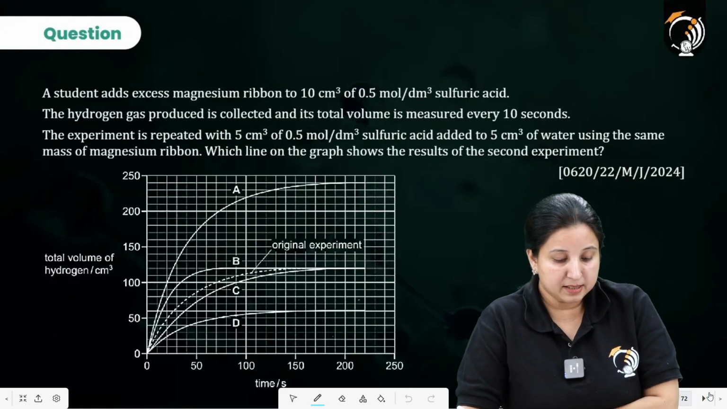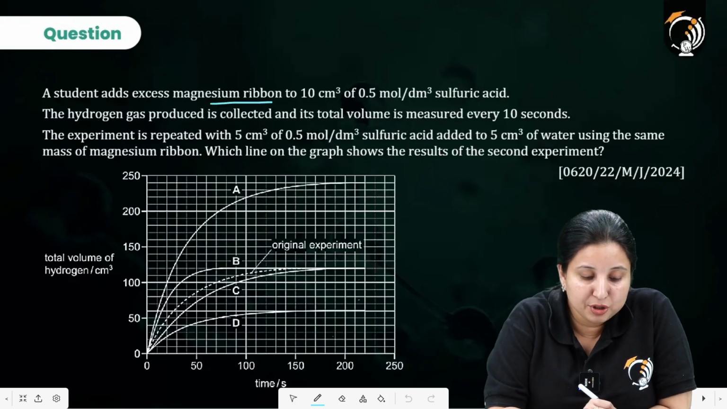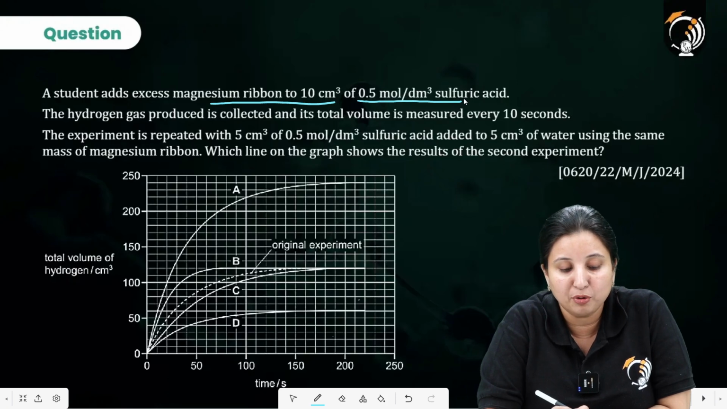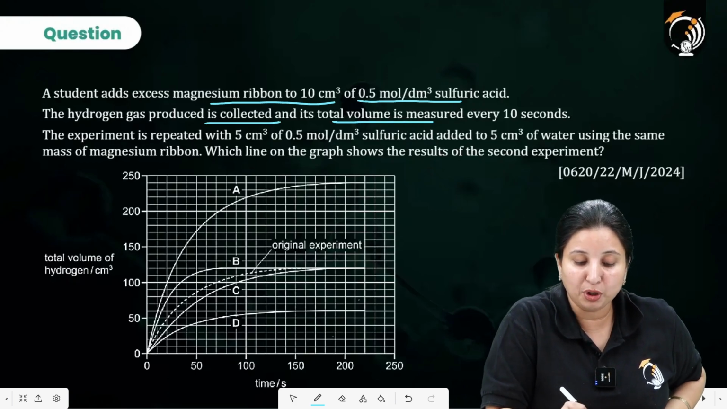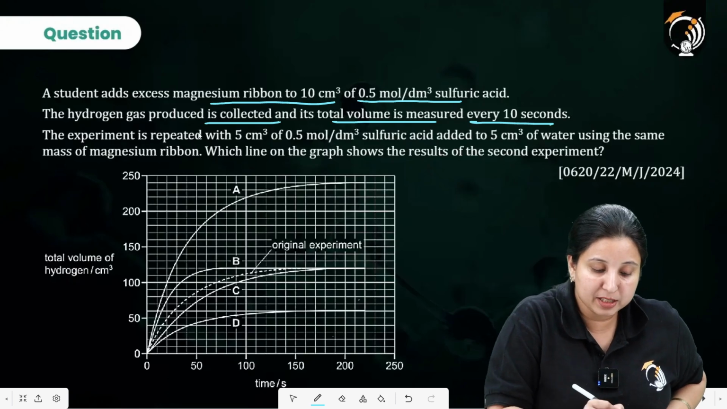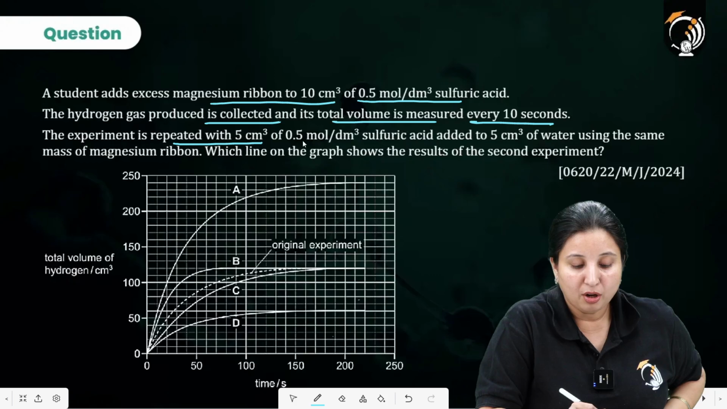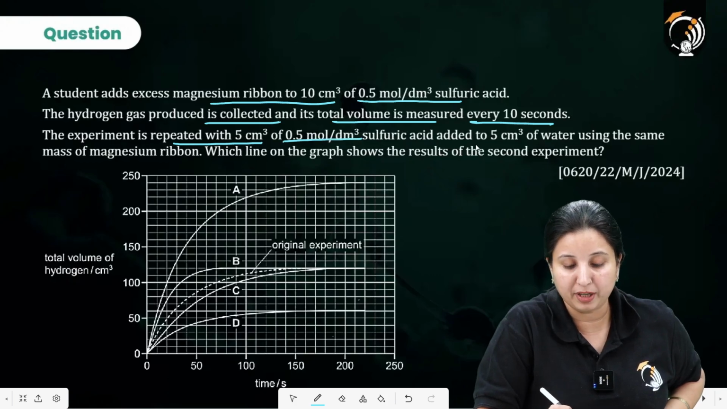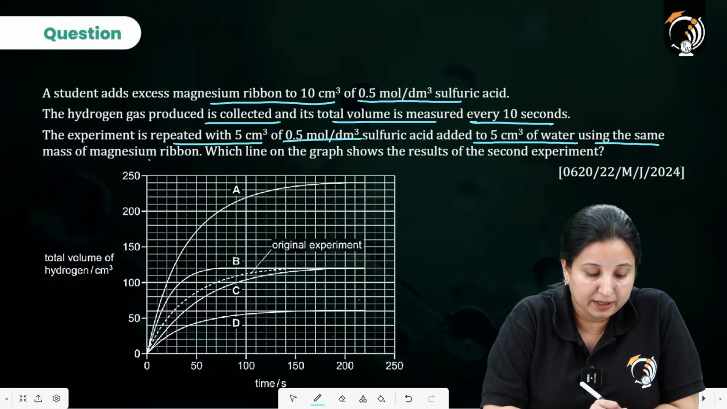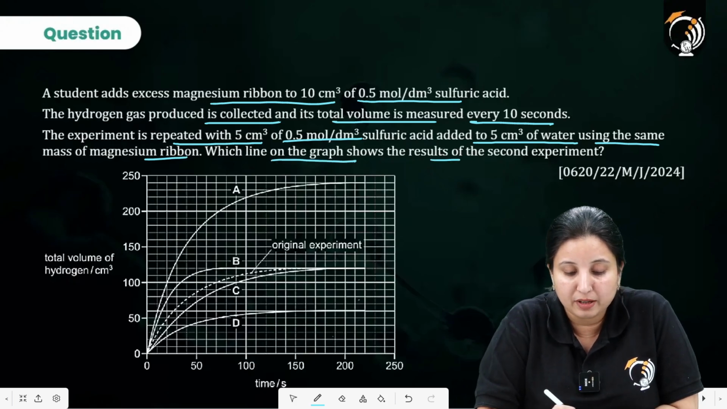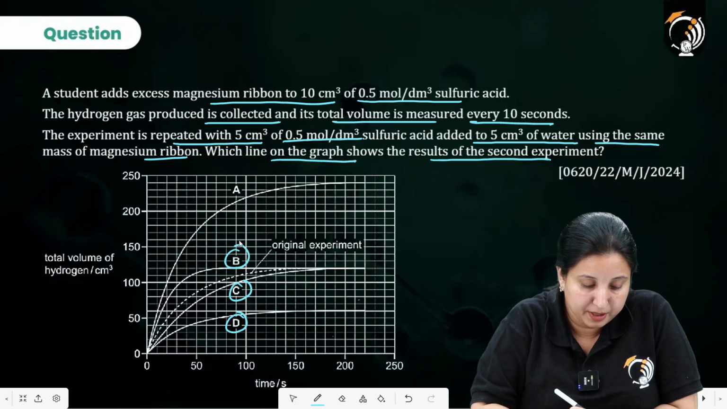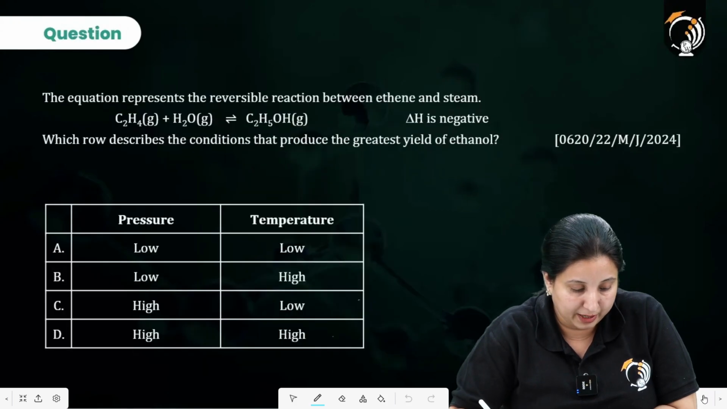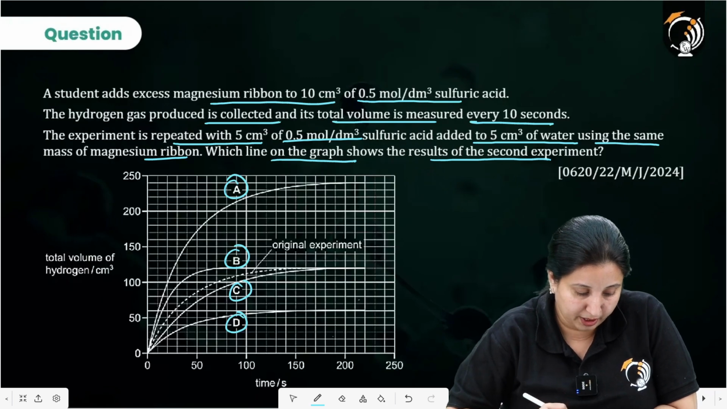Next is, a student adds excess magnesium ribbon to 10 cm³ of 0.5 mol/dm³ sulfuric acid. The hydrogen gas produced is collected and its volume is measured every 10 seconds. The experiment is repeated with 5 cm³ of 0.5 mol/dm³ sulfuric acid added to 5 cm³ of water, using the same mass of magnesium ribbon. Which line on the graph shows the results of the second experiment? Okay, so we are given D, C, B and A. The original line is also given. So over here, if I look,